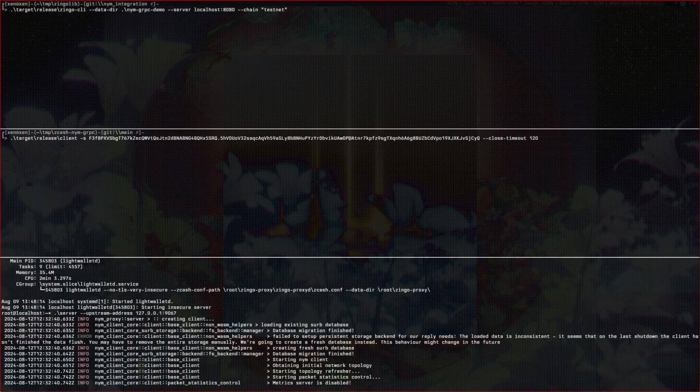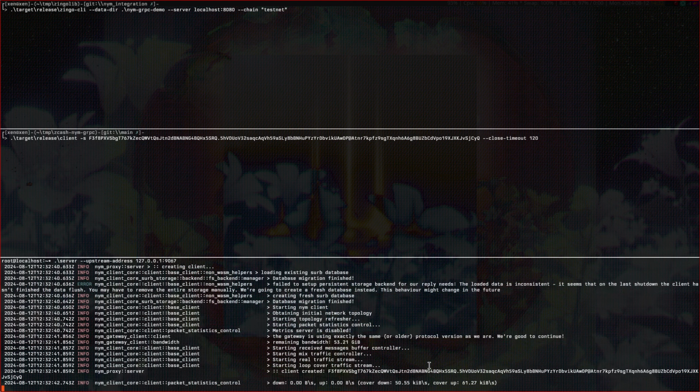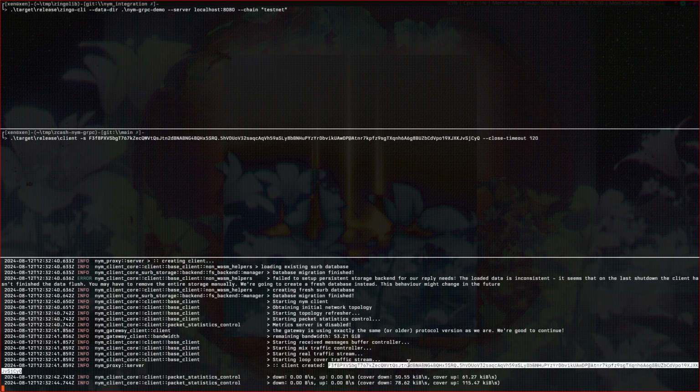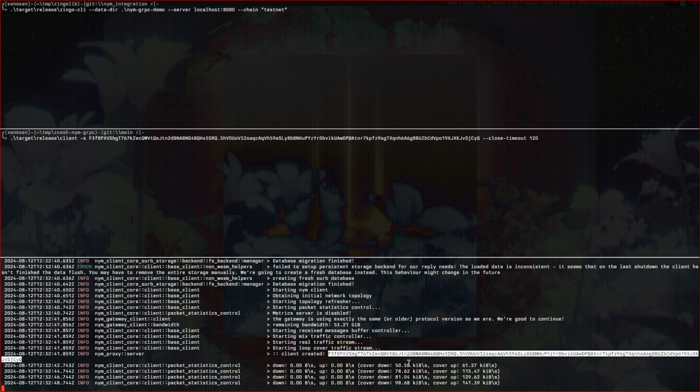The aim of this demo is to show that we're going to use the zingo CLI wallet, and we're going to interact with the Lightwalletd instance on this remote host via the Mixnet. First, we're going to start off the server side of our Nym proxy client, which is going to be communicating with localhost 9067, the default Lightwalletd port. As we start that off, you can see that our server proxy has a Nym address f3f8p